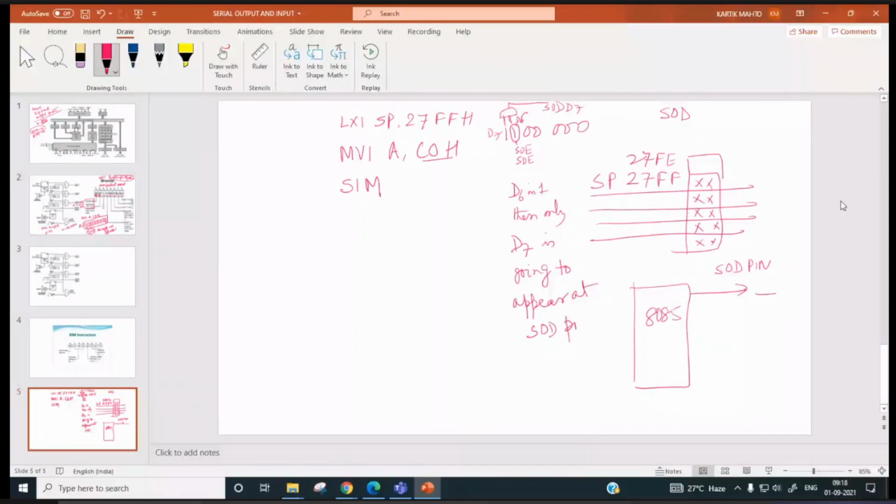Right now D7 is 1, and 1 means 5 volt, and the SOE bit is also 1. So at the SOD pin, D7 will be there, it is 1, and it is nothing but 5 volt. So the SOD pin will be 5 volt.